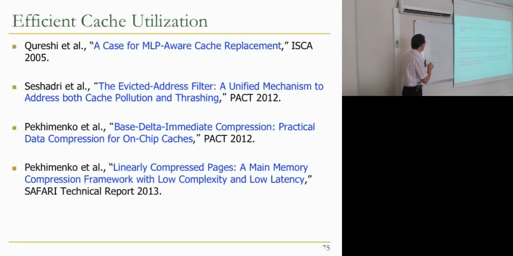You can, for example, insert blocks into the cache at the MRU position, the most recently used, high priority position, with low probability. Whenever you get a cache block and it's not in the cache, you flip a coin. With a very low probability, you insert at the MRU position. With a very high probability, you insert at the LRU position. This way, you keep most of the blocks in the cache, and that way you'll be thrash resistant. But that's not the best policy. I'll compare to that policy later on. Okay, so let me first talk about something that I really